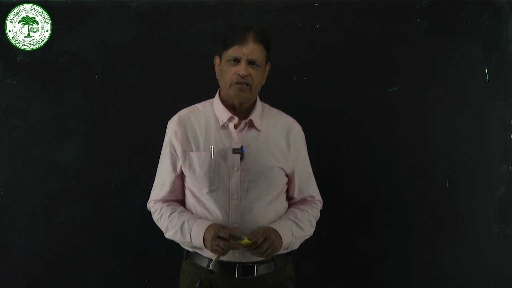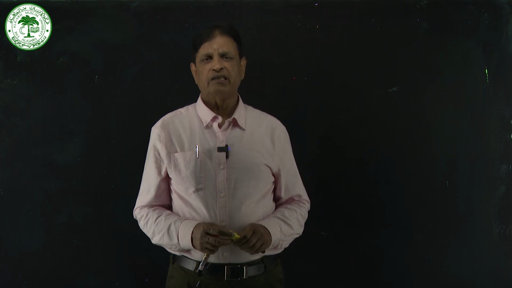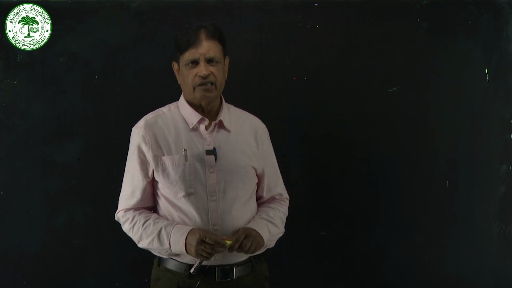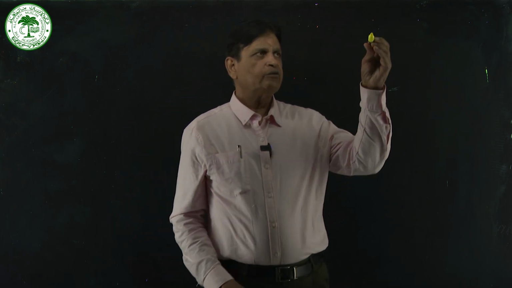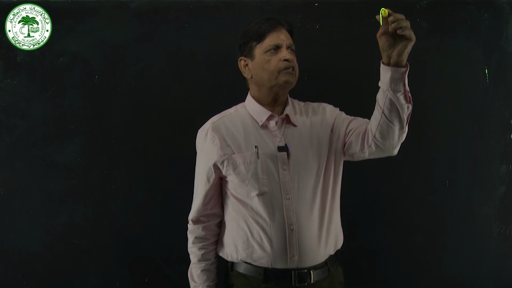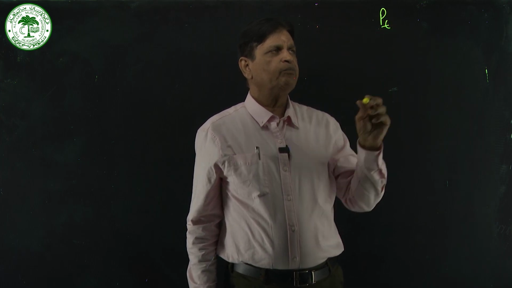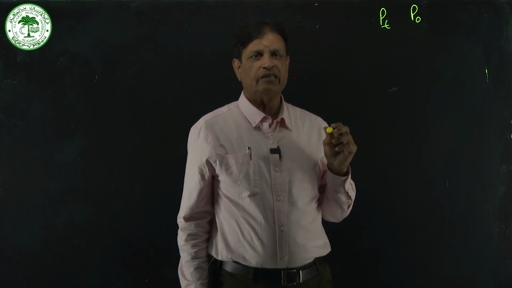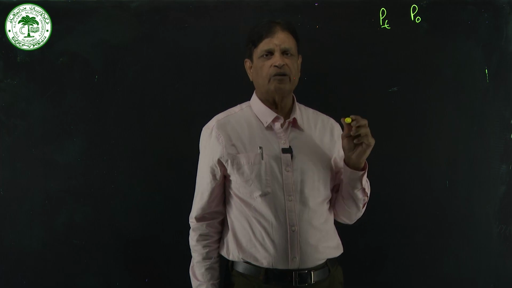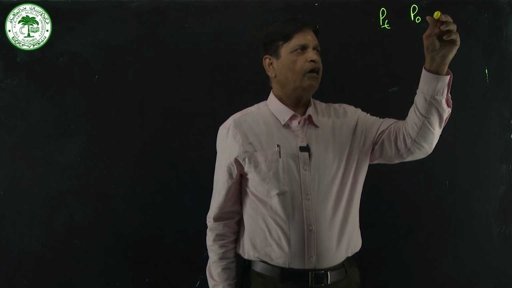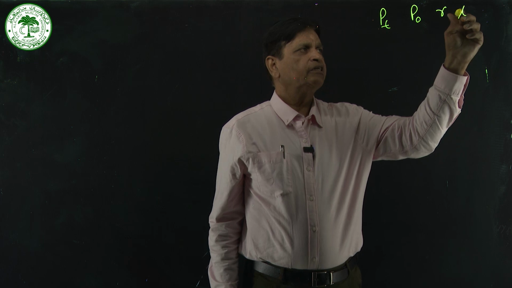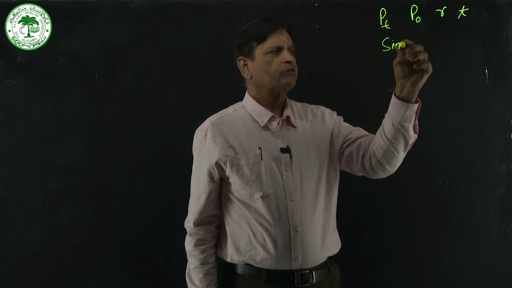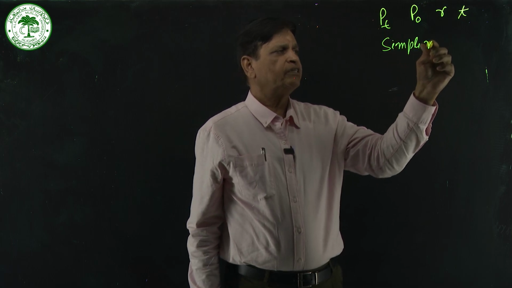Now it depends on whether the rate of interest is a simple rate of interest or a compound rate of interest. So let us say that Pt is the amount that you will get after T periods. P0 is the amount that we deposit, that is the initial deposit, which we also call the principal amount. R is the rate of interest, T is the time. Suppose we have a simple rate of interest,